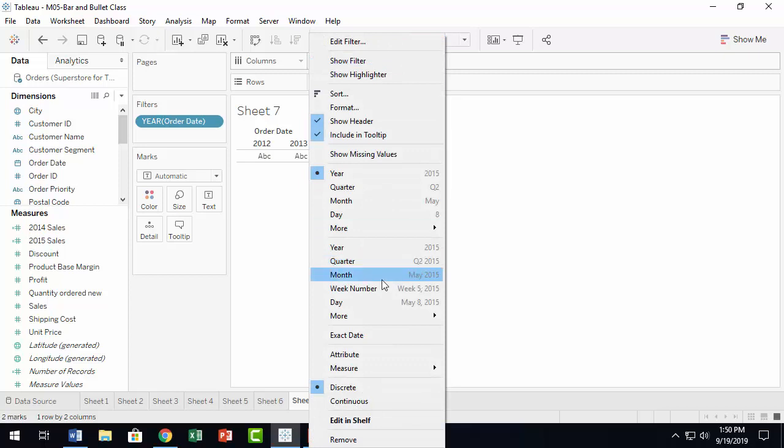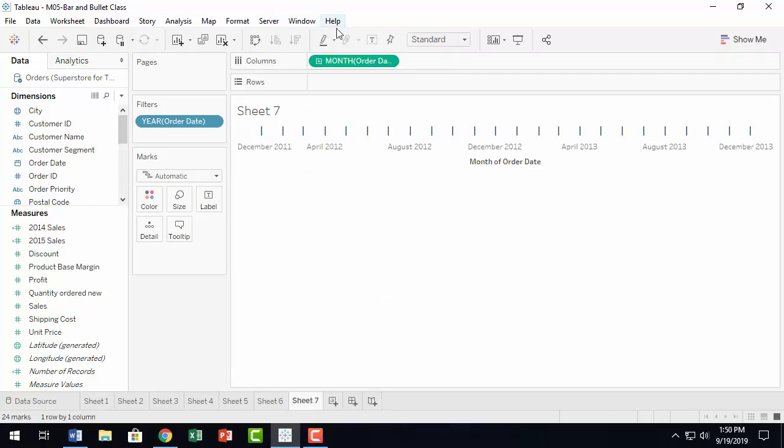Now that one is continuous, where one quarter from one year and another quarter from another year are not put in the same bucket like in discrete. In discrete, those quarters will all be in one single bucket because they are all quarter 1, whereas